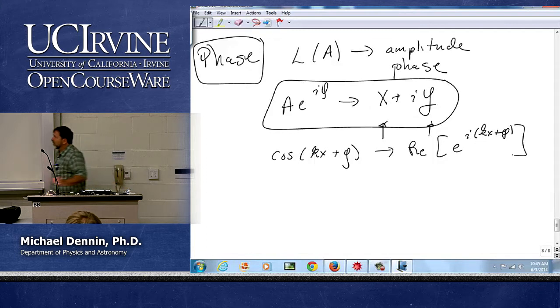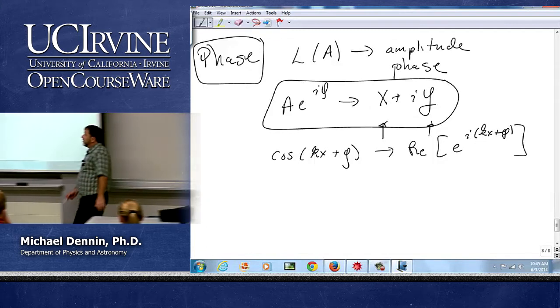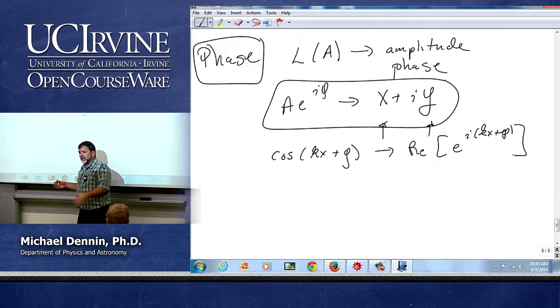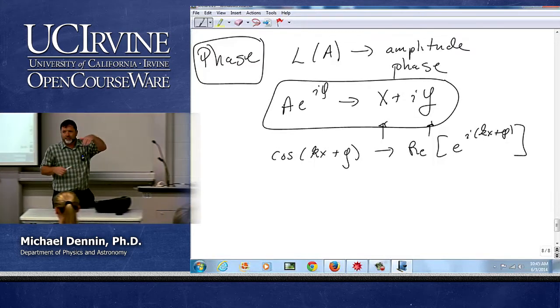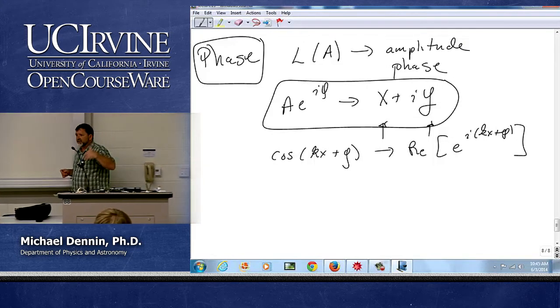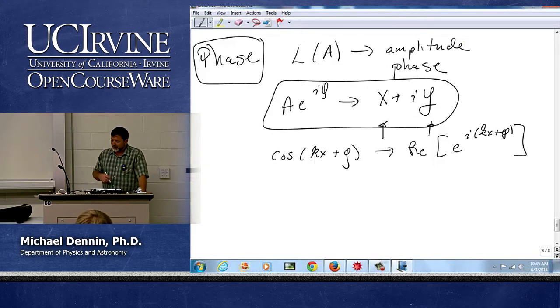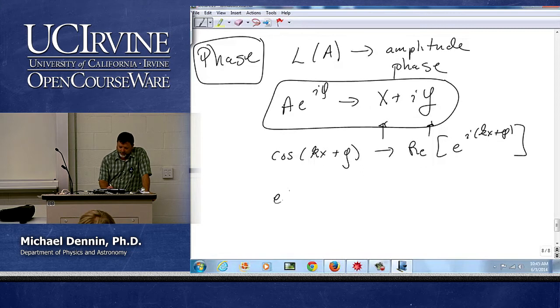of a complex number. But there's something also more important about phase. In quantum mechanics, the phase is real. The phase matters. The wave function is inherently a complex number. We measure the modulus squared, but the wave function itself is complex. And you need to know about the phase. And dealing with all sorts of wave behavior, understanding that this piece here is the phase that basically tells us where we are in the wave